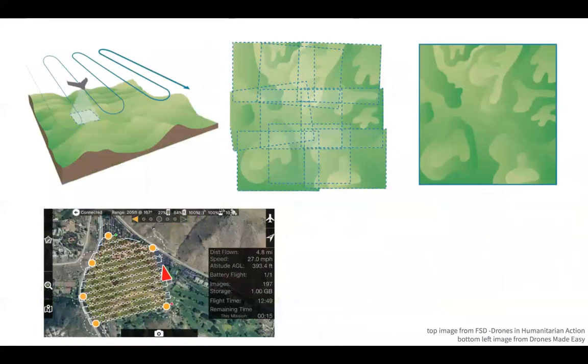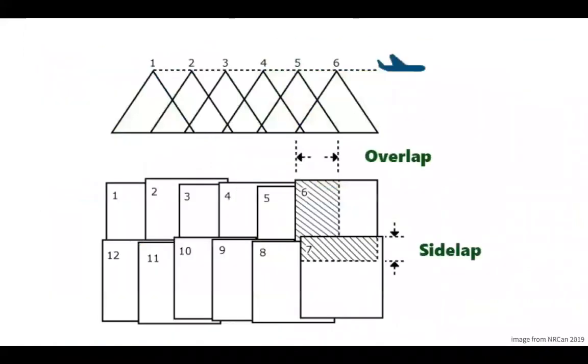What's the process for getting from the images from the drone to something you can use to map? Well, you take a lot of images. The drone is pre-programmed to fly automatically and collect images in a grid pattern across an area, that are then stitched together into one map product that you can use. They're able to be stitched together because of overlap and sidelap. So as the drone is making passes, each image along a pass, there's overlap between those. And then when it turns around and comes back on the adjacent pass, that line of imagery overlaps with the previous pass as well.